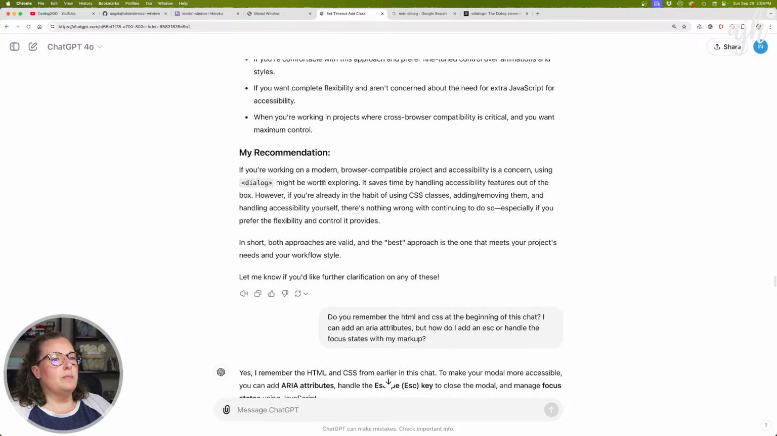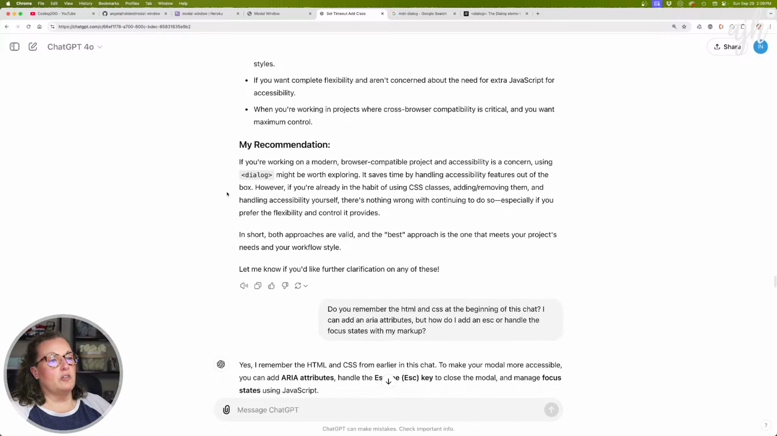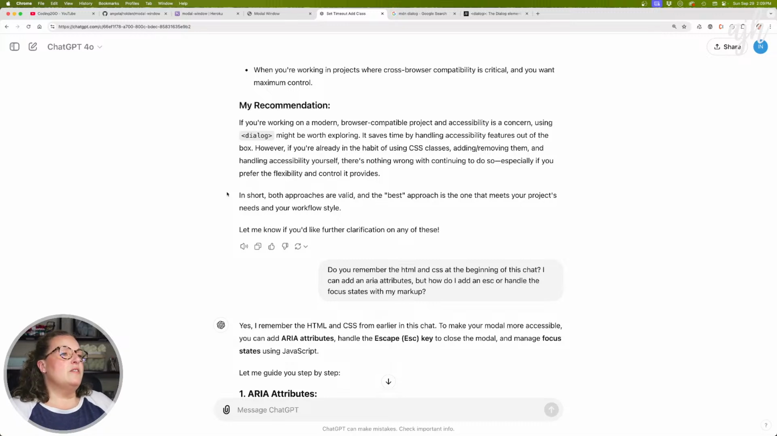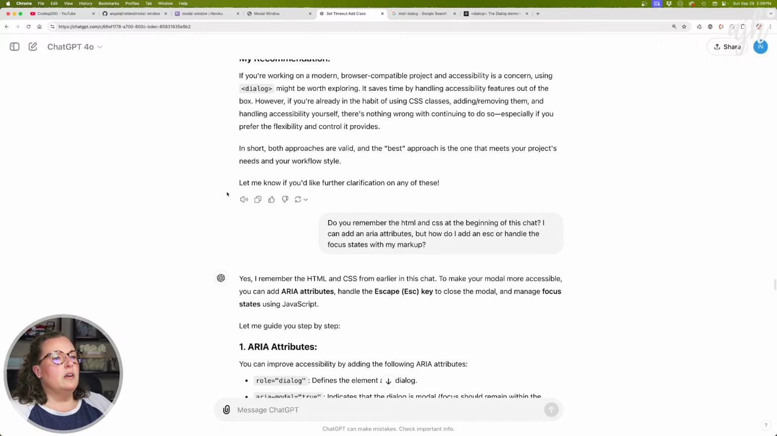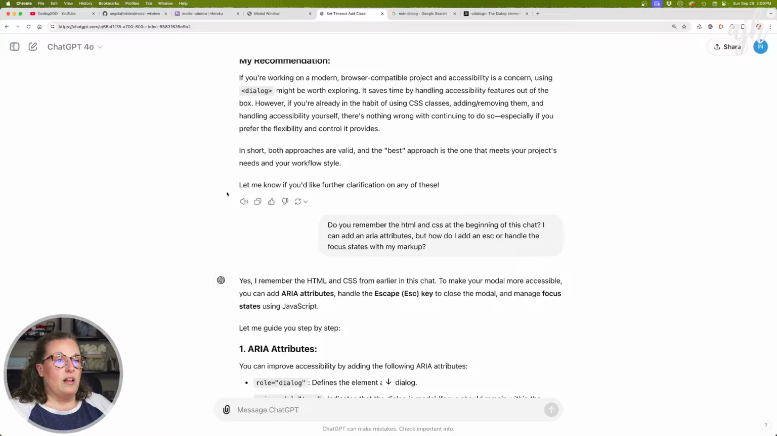Okay, well, moving on. It says, my recommendation: if you're working on a modern browser-compatible project and accessibility is a concern, using dialog might be worth exploring. It saves time by handling accessibility features out of the box. However, if you're already in the habit of using CSS classes, adding and removing them, and handling accessibility yourself, there's nothing wrong with continuing to do so, especially if you prefer the flexibility. So in short, both approaches are valid, and the best approach is the one that meets your project's needs and